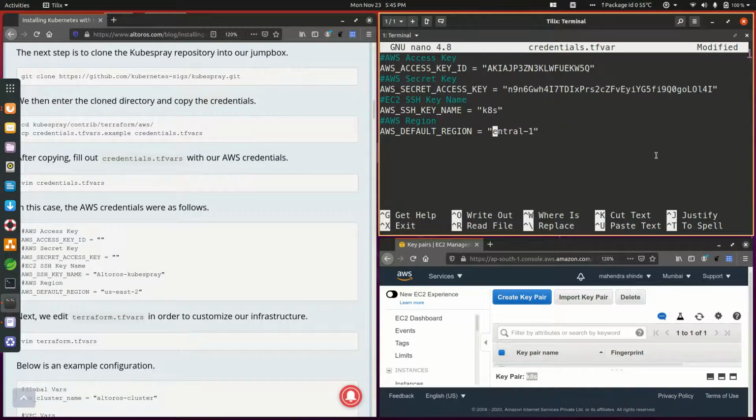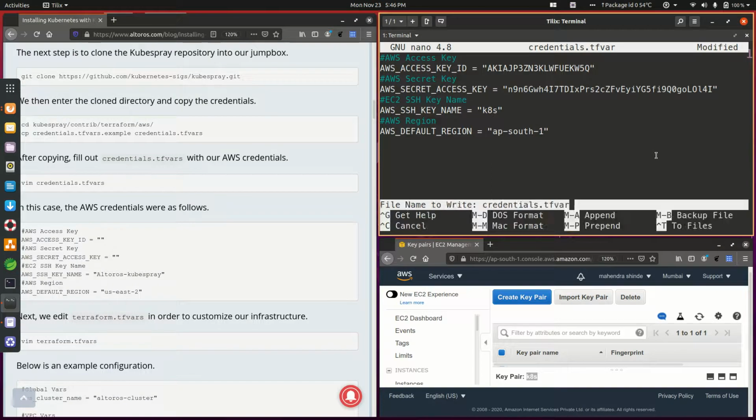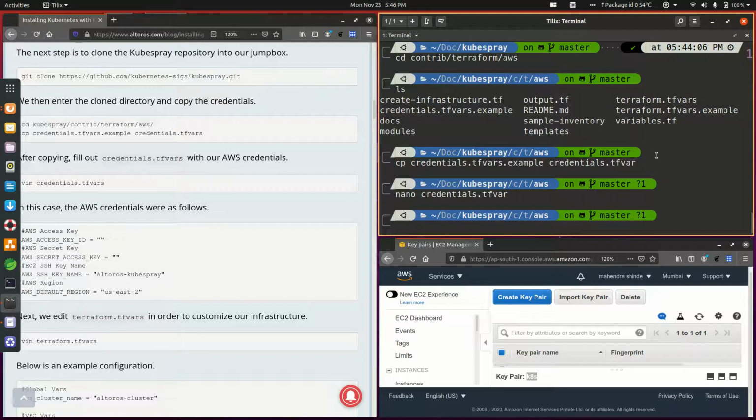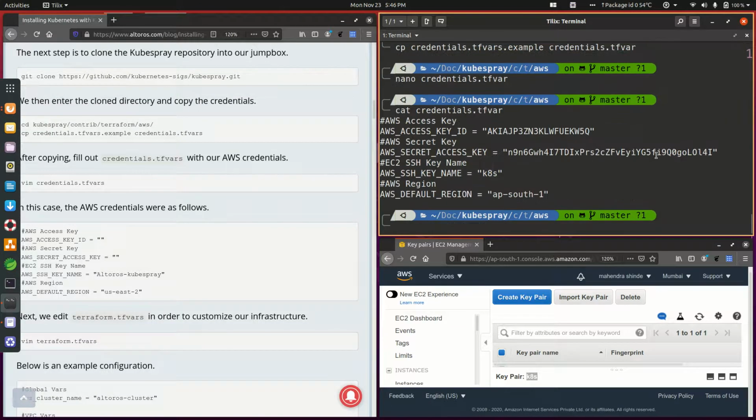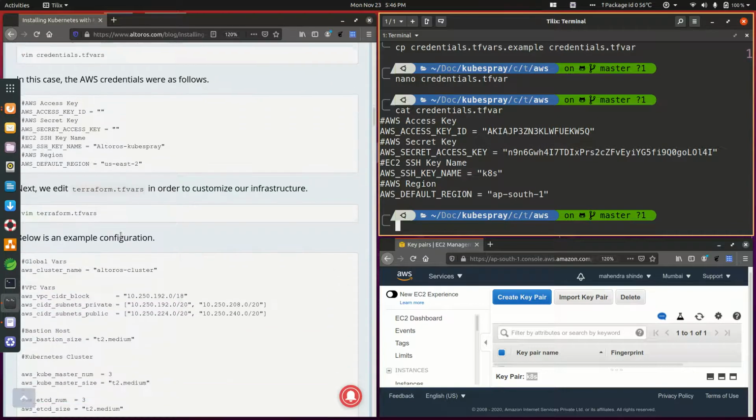The region I'm going to use here is ap-south-1, which is the Mumbai region. So this is the credential file, Control X, save the changes, yes, or use your text editor's default command. Let me verify it once by using the cat command. Yeah, everything looks fine. And okay, case sensitivity is all maintained here. So now that everything is properly maintained over there, I will now just check this. Wait a second. Yeah, file is modified.